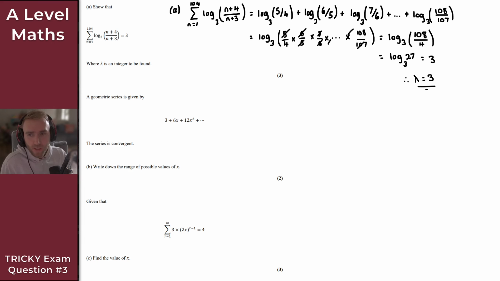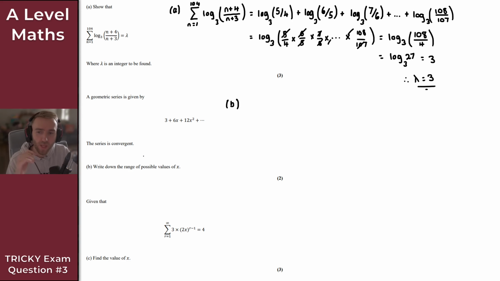Okay. Now, for the next part of this question, what we're told is a geometric series is given by the following: 3 plus 6x plus 12x squared plus so on and so on. What we're also told is that the series is convergent. Now, all we want to do is write down the range of possible values of x. So for part B then,